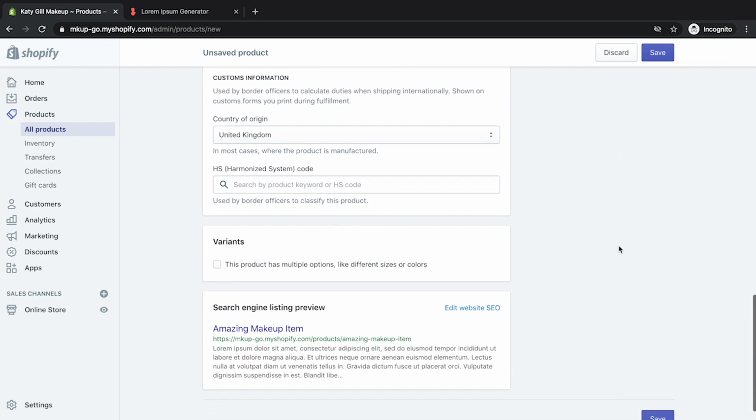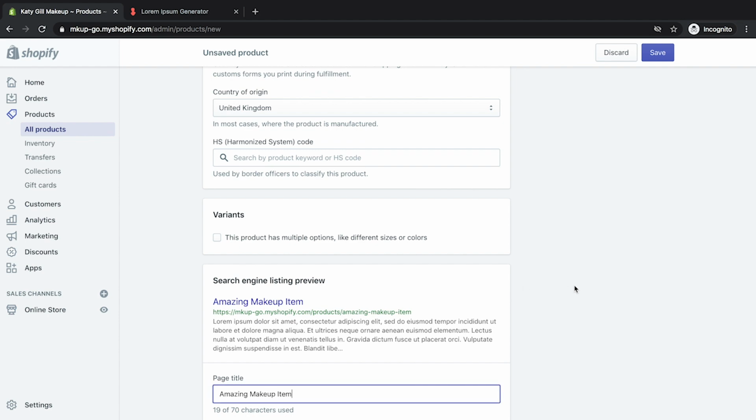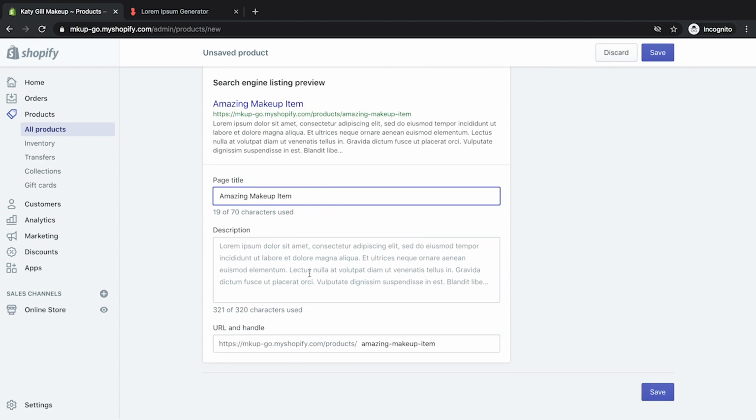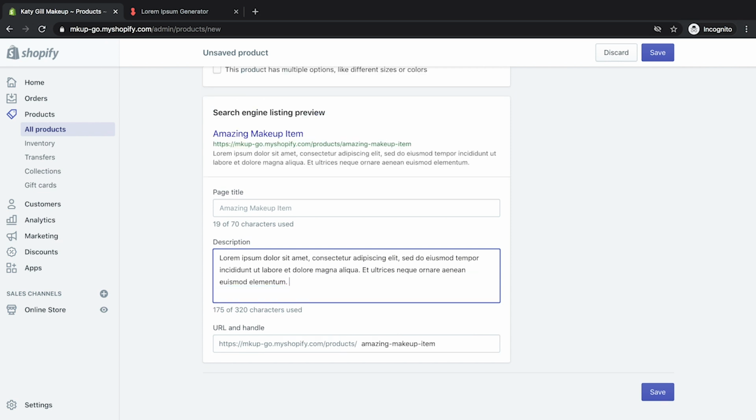And there's no variance. Okay, so this is where I said we'll wait a little bit later to edit the SEO website. What it's done is it's taken the actual product title and the content you've given it as a default. But this is what shows up on Google. So you might want to be even more precise on this section here. So what I'd recommend doing is going into here and then perhaps rewording it so it's not so wordy.